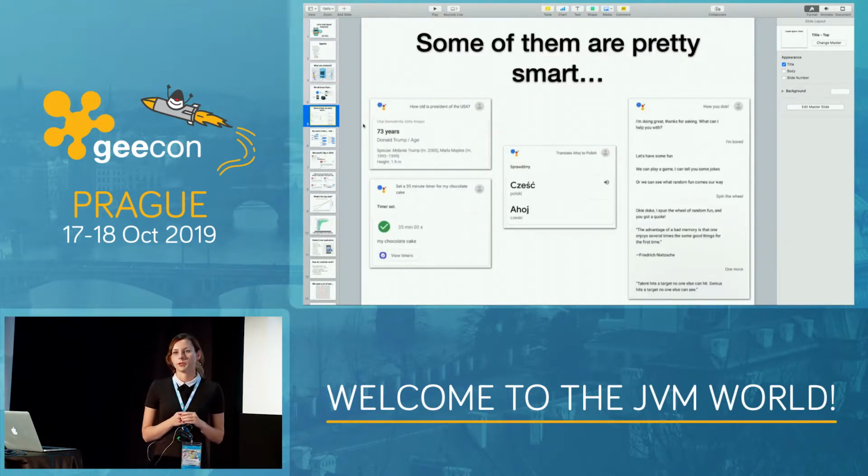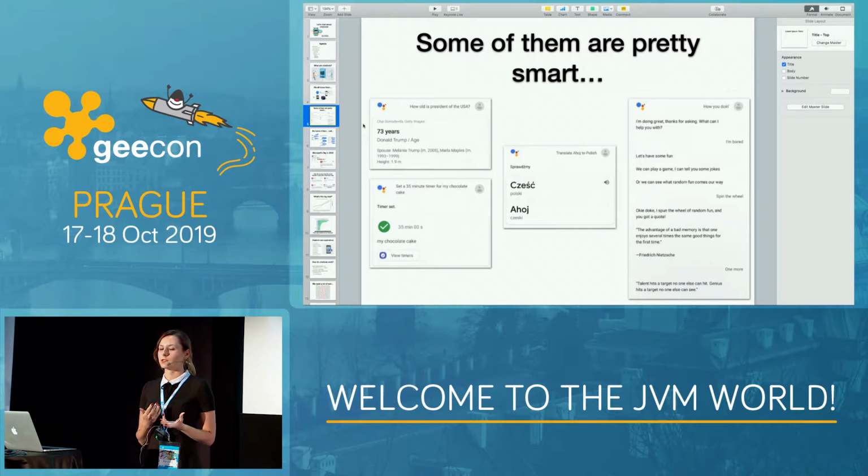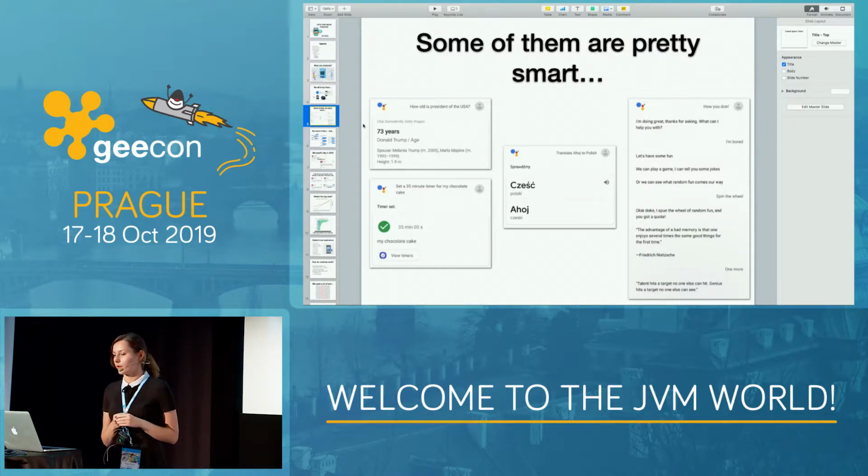Some chatbots are pretty smart. As you can see on the screen, they can actually answer very complex questions. If you ask Google Assistant how old the President of the USA is, you see the answer that he's 73 years old.